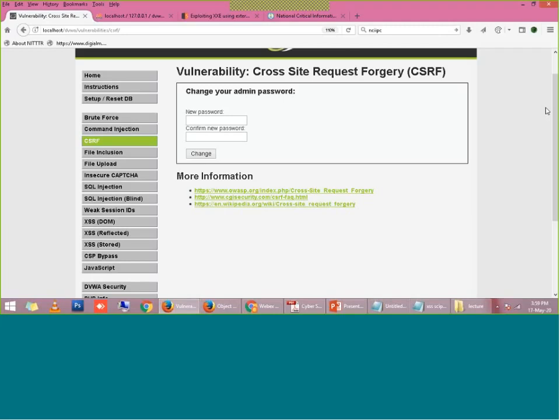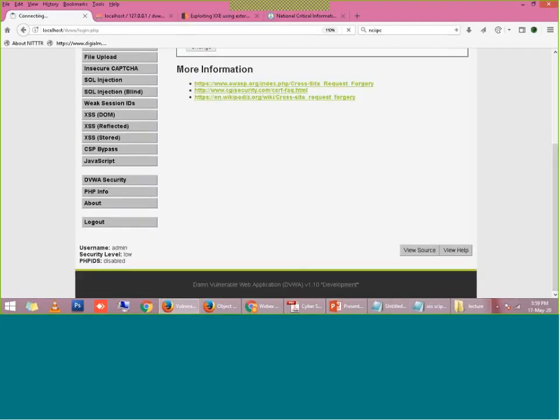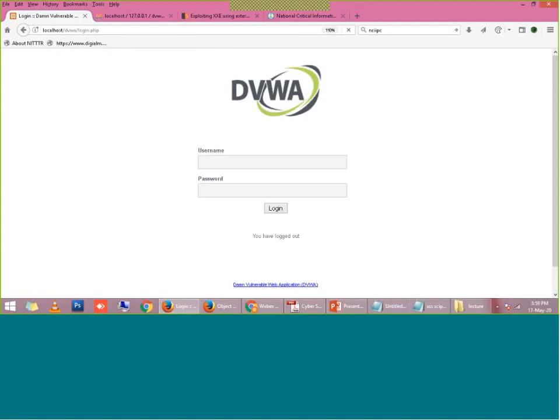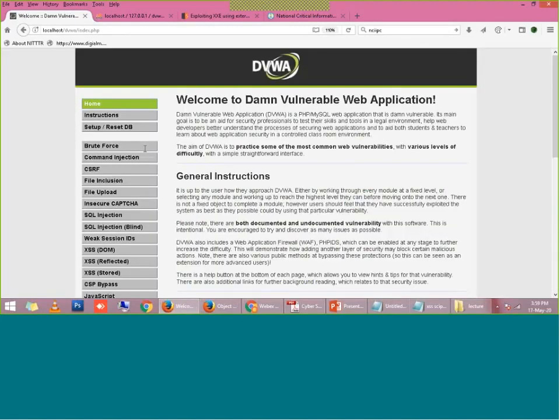The first is that if you are inside the login area, they will only ask you for the new password and confirm password, because you have already entered the secure area. I got logged out from here, so I am logging in again. Now I am inside the login area.